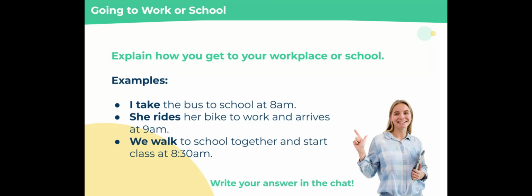So I usually work at home. So I walk into my office. That's my example. Okay, we've got another one here. I walk to the train station every morning. I take the bus and the train to my office. Very good. I usually ride my bike to go to work. Okay. I ride my bike to work at 9 a.m. Fantastic.